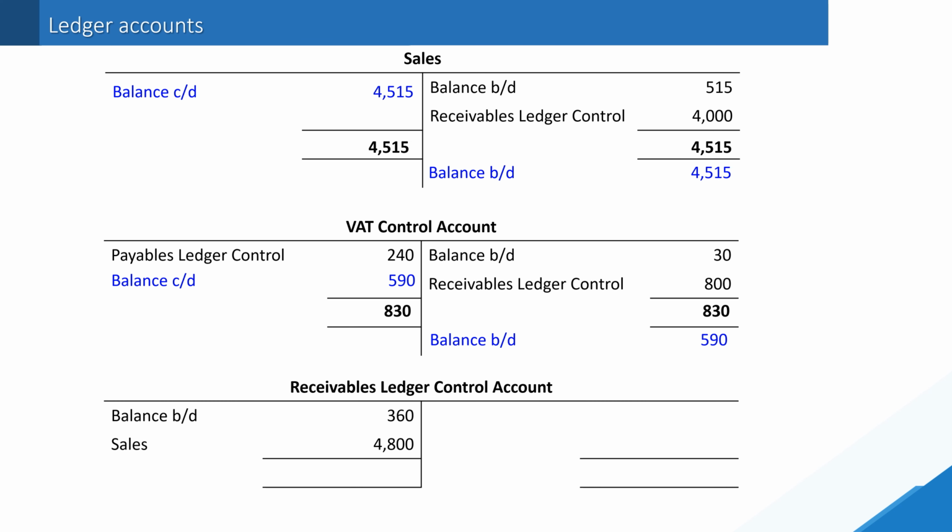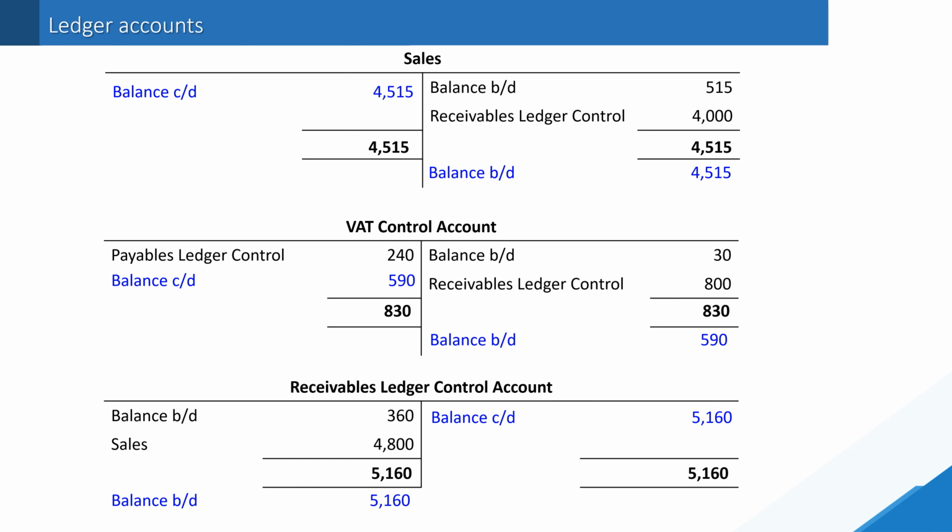The Receivables ledger control account recognises the value that our credit customers, our receivables, owe the business. We had an opening balance of £360 and total gross sales, credit sales of £4,800 during the period. To balance off this account, we will recognise a balance carried down on the credit side of the account of £5,160, two totals, and a balance brought down at the start of the next period, recognising that our credit customers, our receivables, owe us